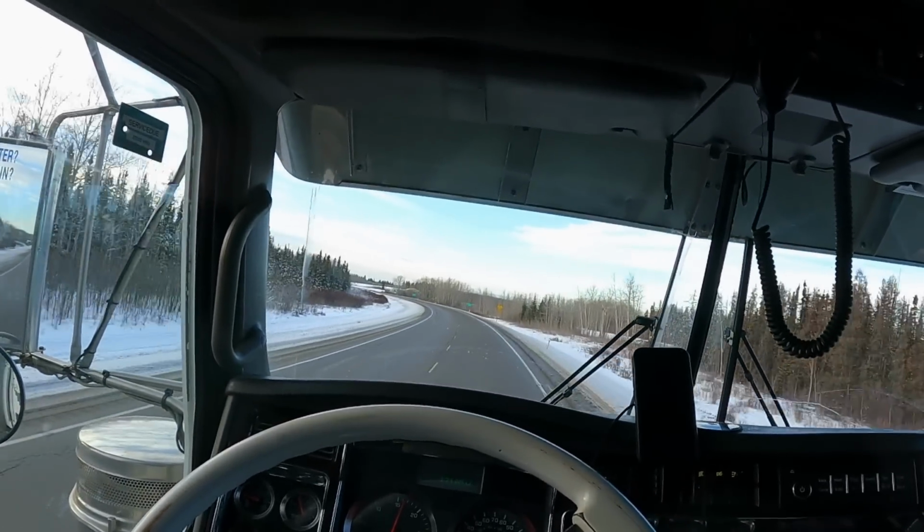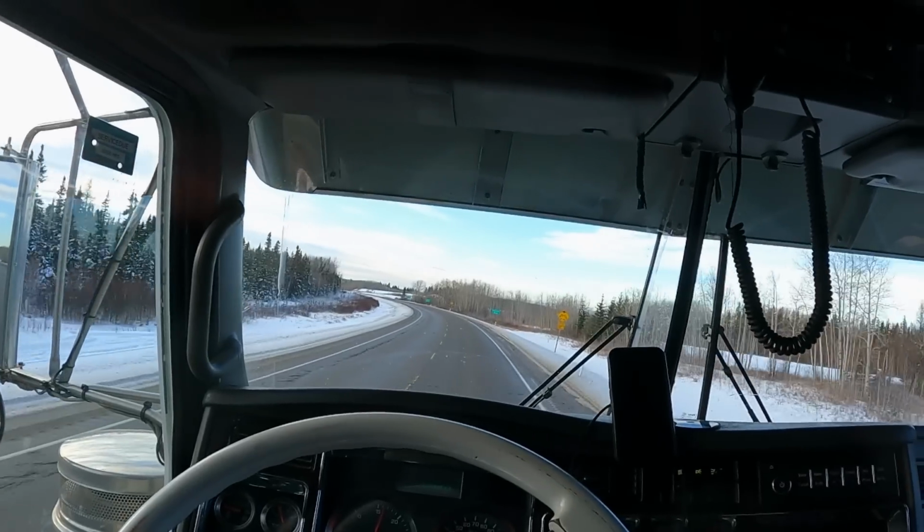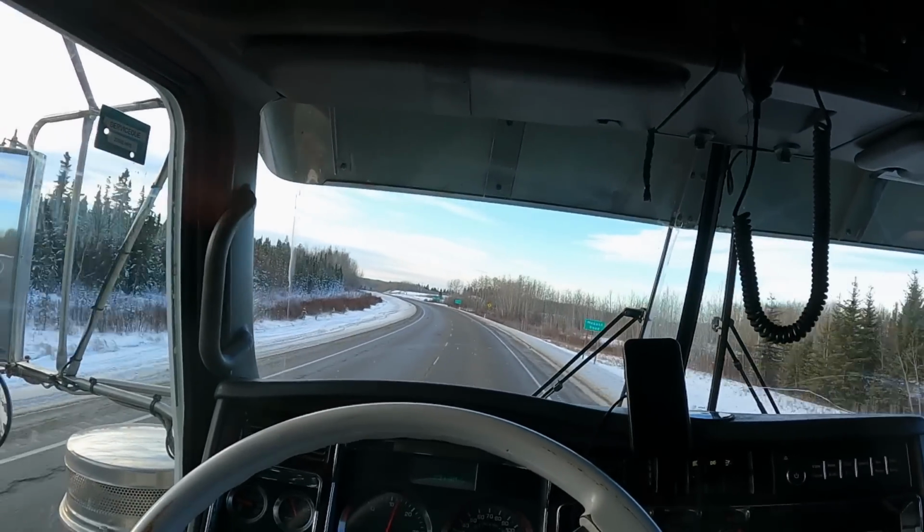We had a gooseneck trailer full of 3x12s that would cart around with us. I think at the time